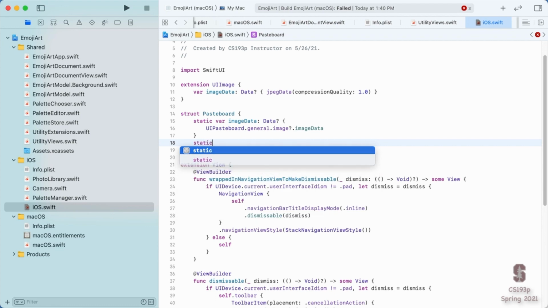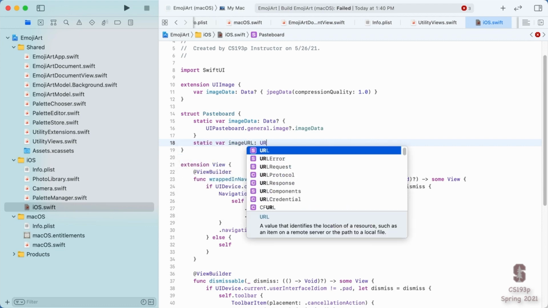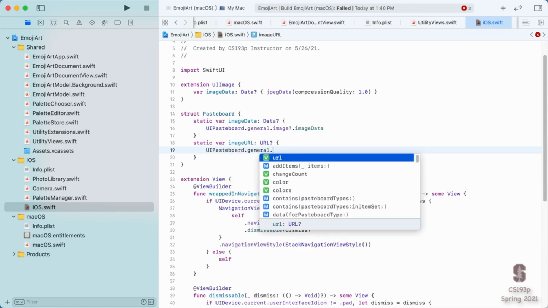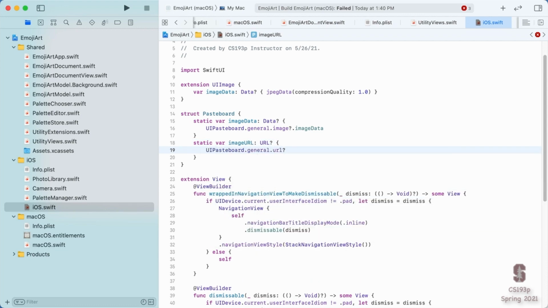And similarly, for the image URL that we might want to get off there, the URL at UIPasteboard.general.url, and it will use that imageURL function that, remember, grabs the actual image URL out of a complicated Google URL or whatever. So now I've implemented this completely brand new Pasteboard struct. It only has these two static vars, but that abstracts the concept of pasteboard away.